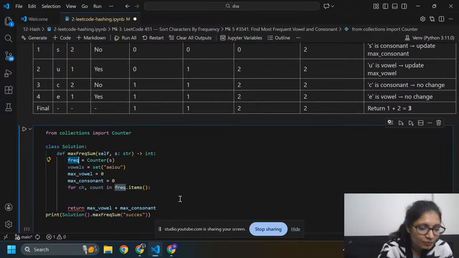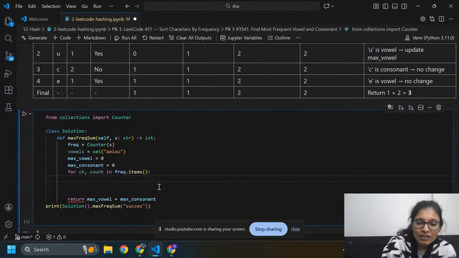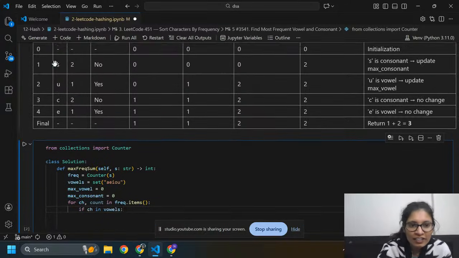After this I need to check one condition: if this ch is in vowels. We check whether s is present in vowels.